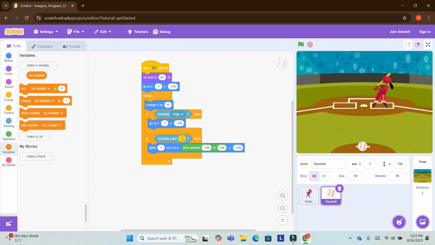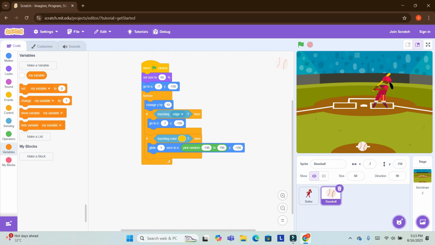And then I have put there if touching edge, then go to x -7 y -156. It means if it touches the backwards area, it will go back to its position.